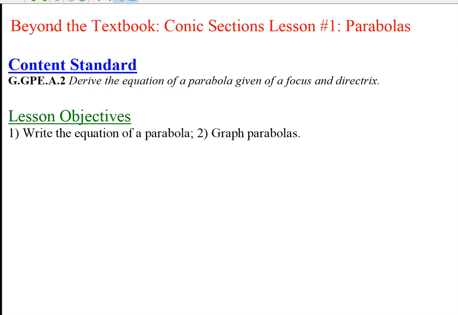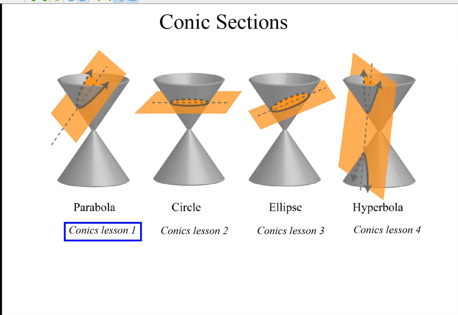We begin a new unit today, and as you can see by the title, this is not a topic that's covered in our curriculum, in our textbook. So I will be providing some supplementary materials for you for the next 5 lessons leading up to our next test. So this unit is called the Conic Sections, and where the name conic comes from is,